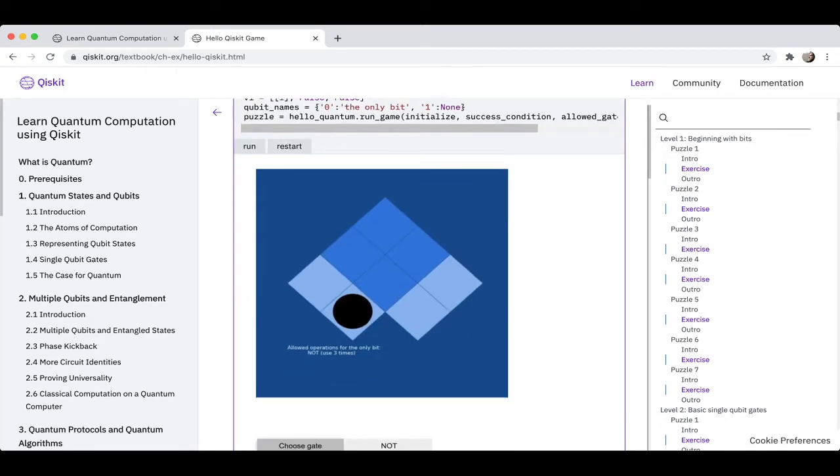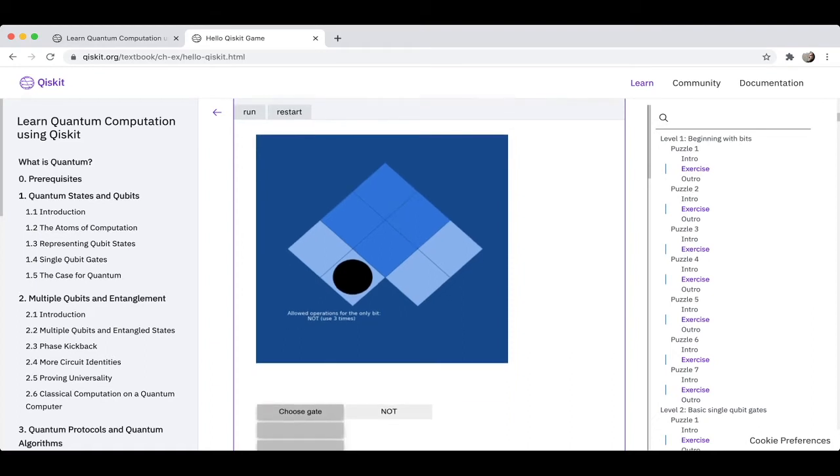Well, firstly, let's focus on this circle here. This circle is black and it represents a bit. So we have a bit value, and a bit value can take one of 2 possible values, which we can think about as being 0 and 1, or true and false, or black and white, or on and off. It doesn't really matter what we label them as, but the defining point of a bit is that there are 2 possible states. So this is currently in a black state, which we can think of as 0 or off,